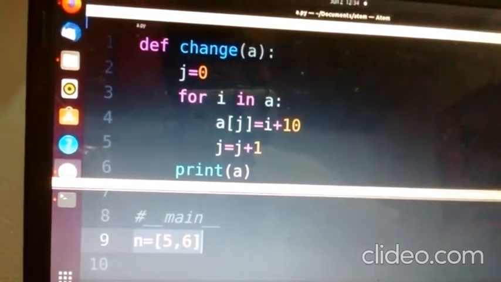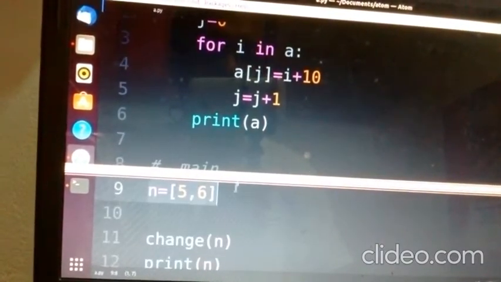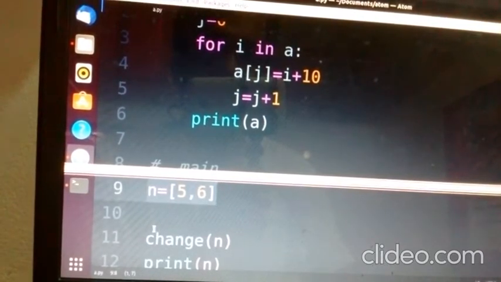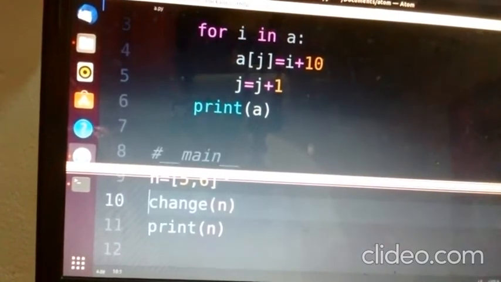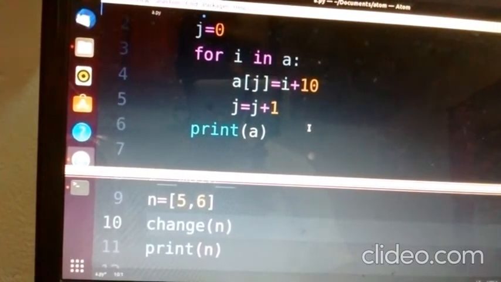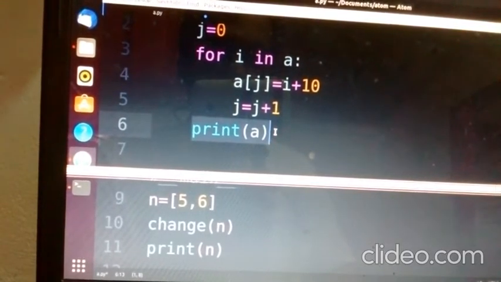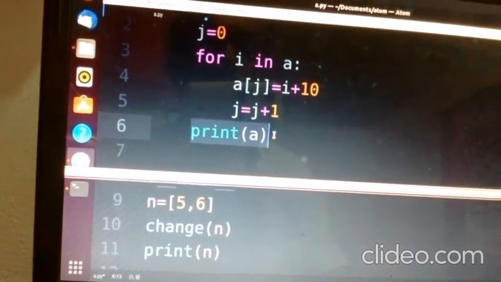But here, what happened? The original data is also changed. I'm going to show that again. Here I have a print, and it will print 15, 16.